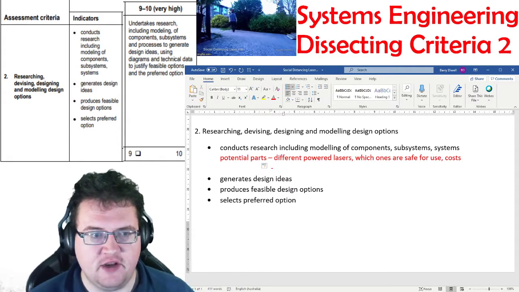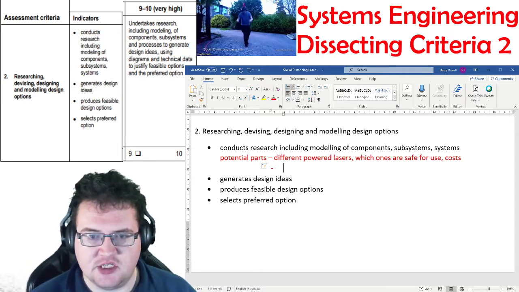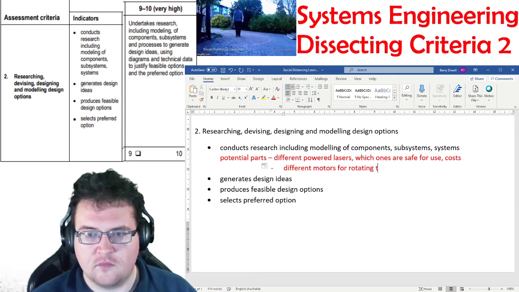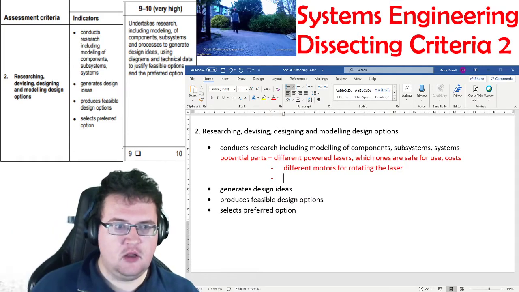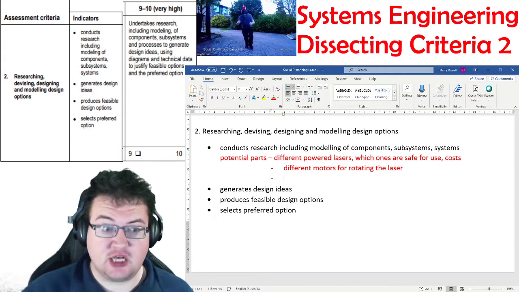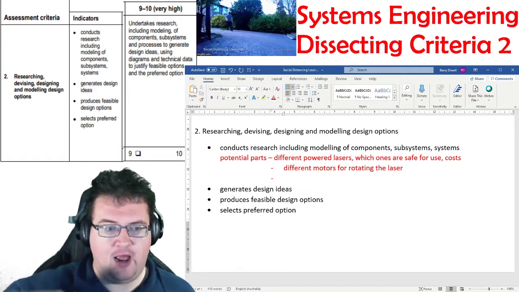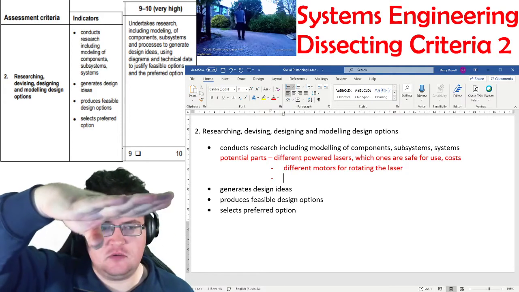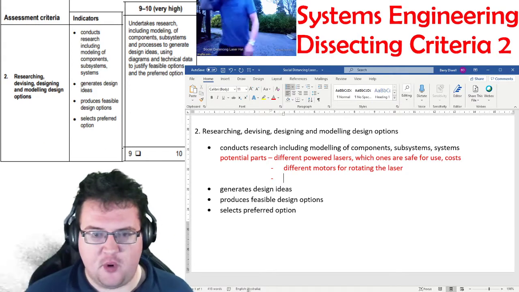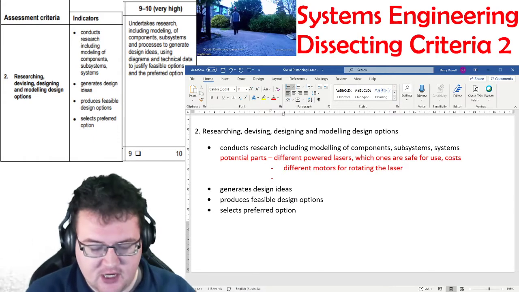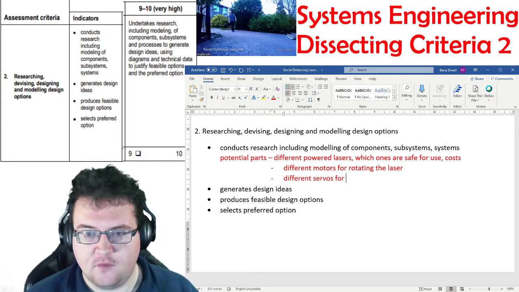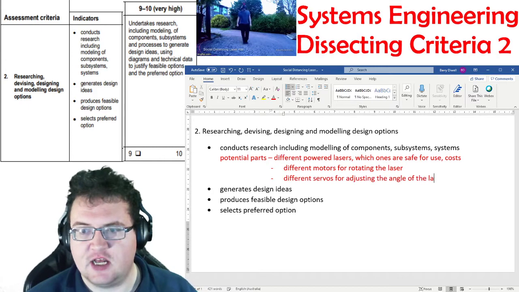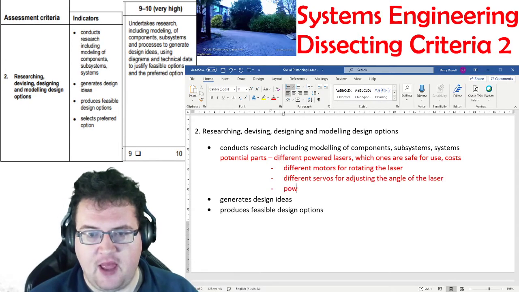You might want to look at, how am I going to spin the laser around? So you might think, well, okay, what sort of motor am I going to use? Since ideally I want my laser hat to be able to adjust itself based on how high the user is, so it's going to adjust the angle so that I can still get that 1.5 meter radius circle being generated around me. So I'm going to need to use different parts for angle of the laser, power supply,